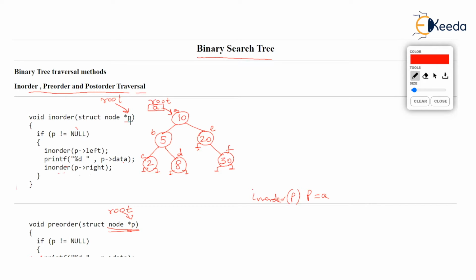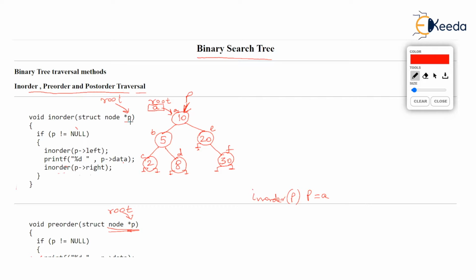What that means is there will be a new pointer P in the memory, and P will also point to the same location where root is pointing. Indeed, P is equal to root, isn't it? So the P pointer points to the same node where root points. And now in the in-order function, P is going to do all the dancing. It's going to go left, right, and all that. But we are going to have root safe. Root will still be safe at the topmost node. We are not going to move root.